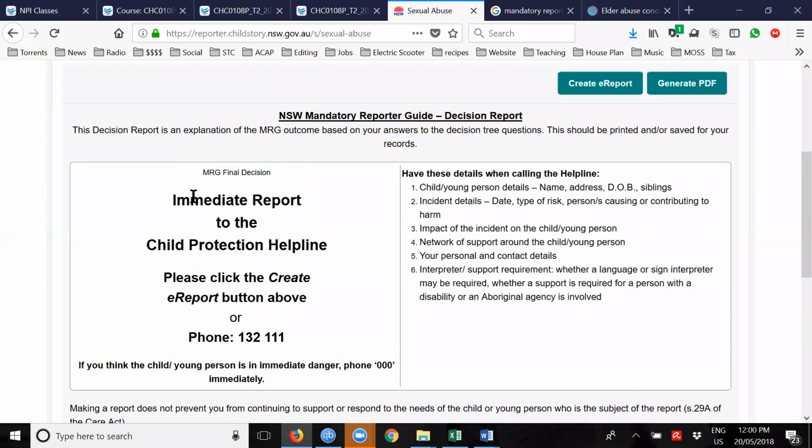Here's the decision, the final decision. Immediate report to the Child Protection Helpline. Please click and create the report. Phone or phone. So please click the create report so we can create the e-report here, and that gets registered. So what happens is this information is then listed, and